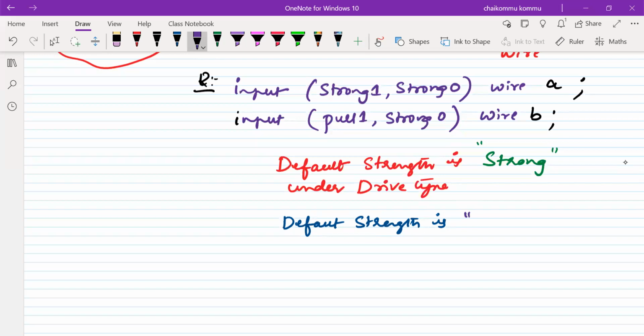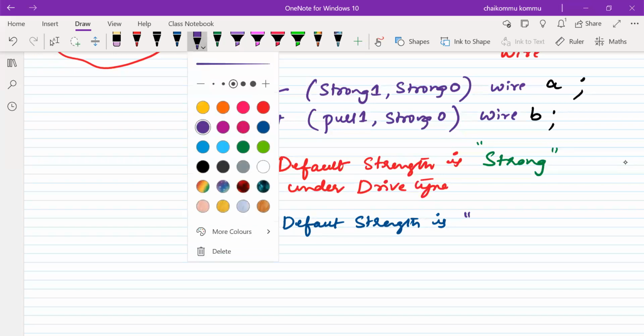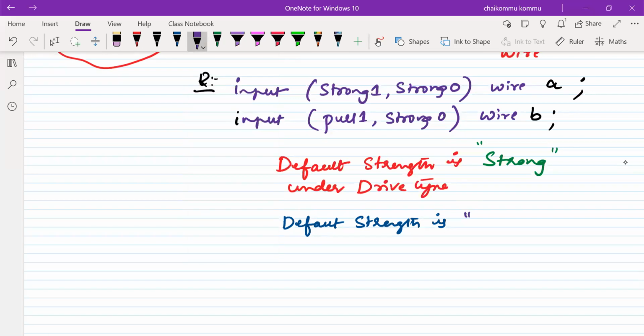Whenever we go for switch level modeling, that means the circuit is in the form of transistors, there we have to mention supplies. Therefore, strength will be assigned to the supply as the highest priority. Okay, so here this value is, what is this one? Medium. So medium is the default